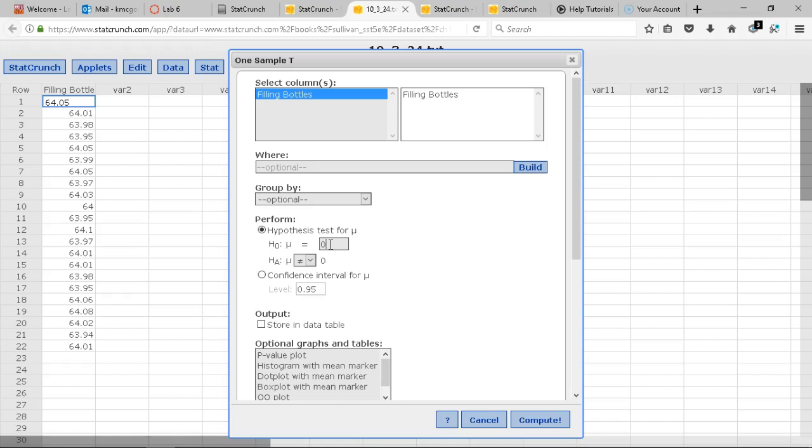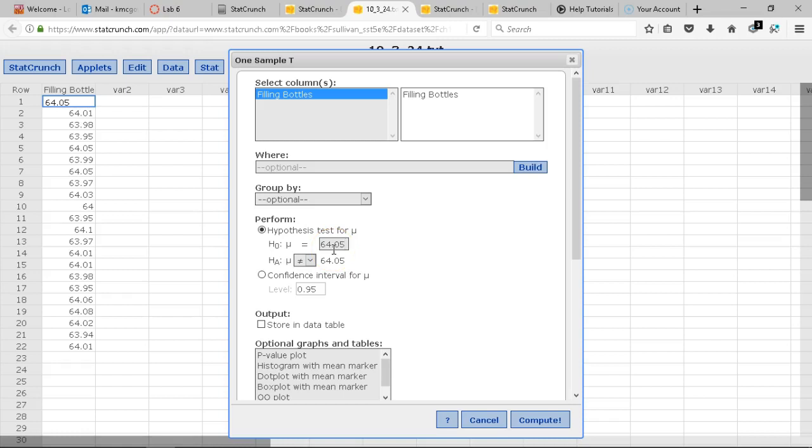Now, in this case, the quality control manager wishes to verify that the mean amount of juice in each bottle is 64.05 ounces. And so what we need to do is set 64.05 as our threshold, our null value. That is the value that we will compare our sample to. So we have a hypothesis test with a null value of 64.05, and what we need to do is